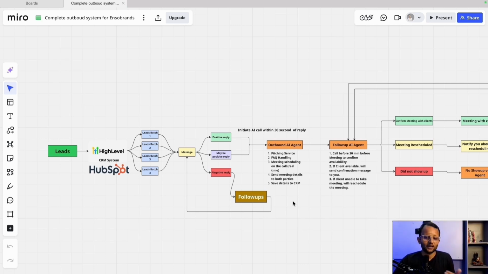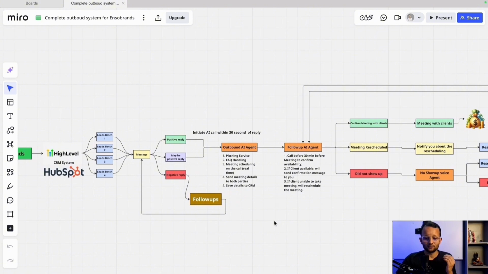So after that, I have taken a Twilio number that sends messages to these leads. Now this Twilio number is configured with Go High Level, or you can buy a number in Go High Level itself and you can create an automation right there. So the first thing is that we send a message to all these people. We send them a very hyper personalized message according to the product and the service that we serve.